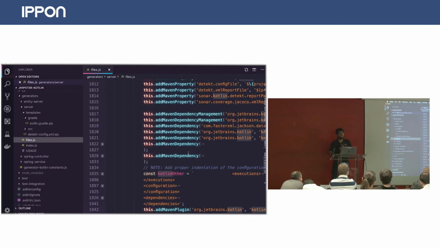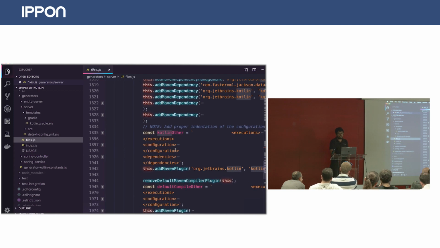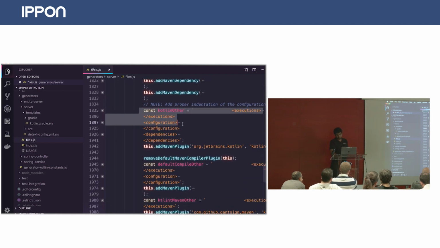We have something called needles in JHipster apps. Needles are where you inject something. For example, if you want to add a new entity, JHipster uses needles, which are like some commands that it finds in the text, and then it puts the new text inside. That's how it works. But adding a needle for this will not work for the longer term, because we might want a new dependency, or a new execution principle for Maven and pom.xml. So what we can do, I just created a text here.